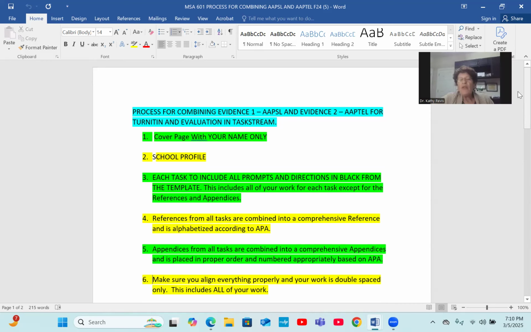And remember, within your text, your figure numbers have to run consecutively. Now, a lot of you did that anyway, but the figures run, first, figure 1. If the number 6 falls in task 2, it starts number 6 and it goes consecutively all the way through to the end of your APSL. And the same thing with appendices.